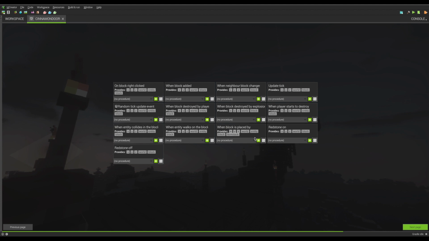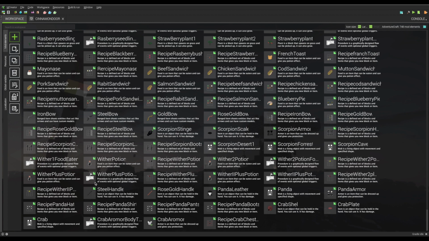Here. Is there one for just the player? Block destroyed by explosion. When the player starts to destroy blocks on the block. Nope. Okay, that means we will be using when block placed by. We will be wanting to add some of that, but I will have to real quick,